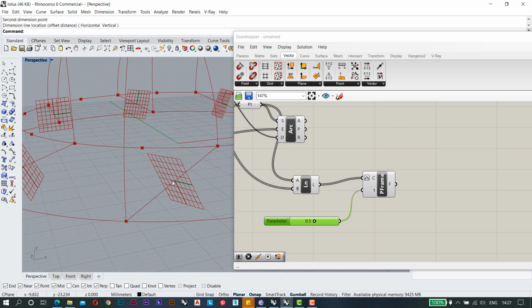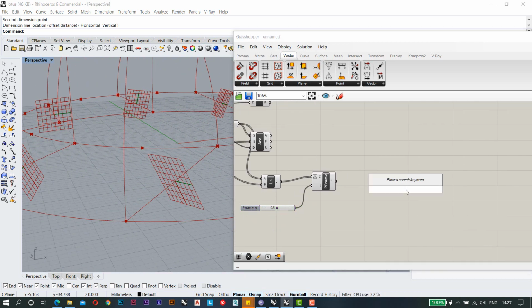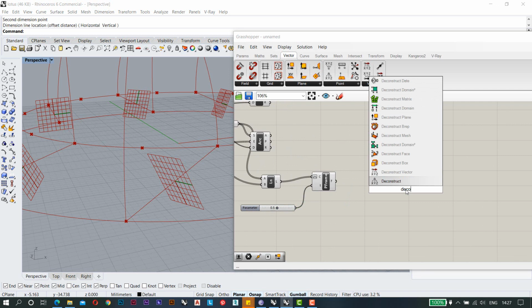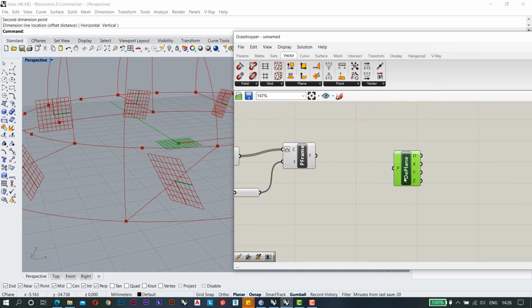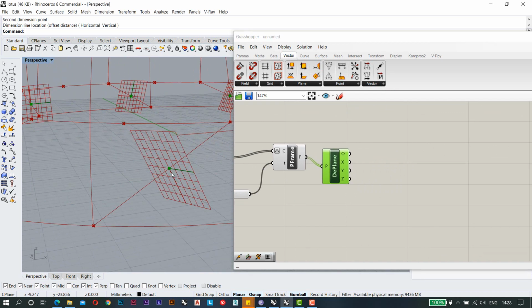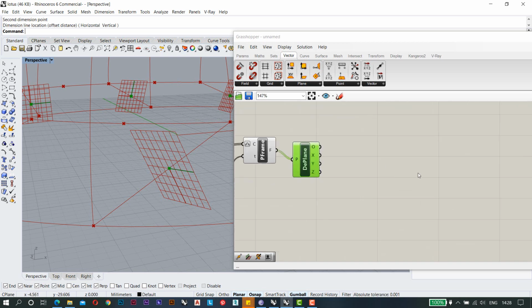Now we will deconstruct our plane. There is the option there, and we will deconstruct this one. Here what we need to do is move this point in an upward direction, which means towards the world Z. So how will we do it?